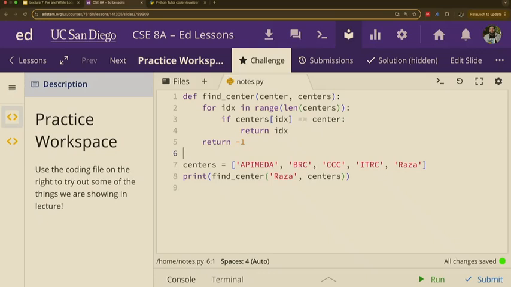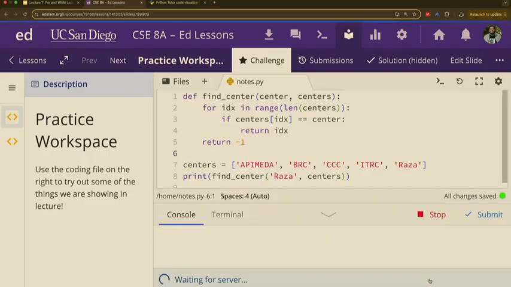So if we never make it inside of this conditional, then that means that we never found the center that we were looking for. That means we finish this for loop, and we finally read this last one, return negative 1. And we're saying, hey, we tried, we really did our best, but we couldn't find it. So we're returning negative 1.